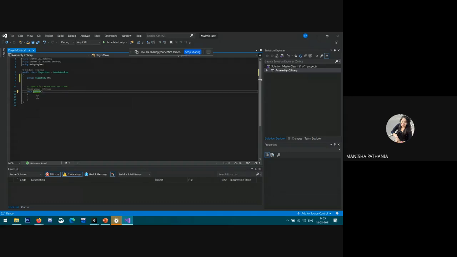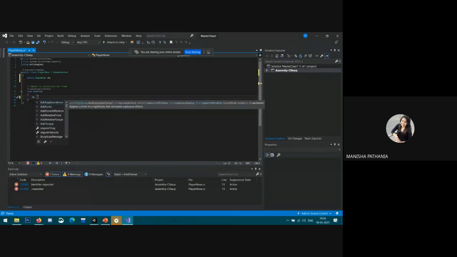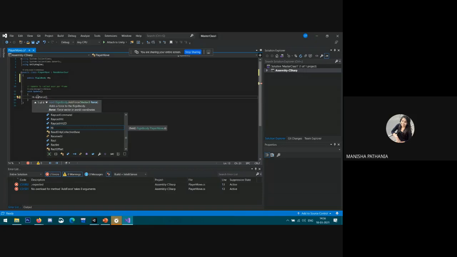So let's try RB, that is the name of the reference, dot, I want to add the force, so the function name is AddForce. The AddForce function wants to know how much force it should add in different directions, so I need to define that.